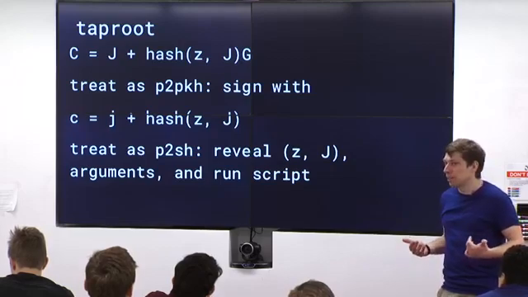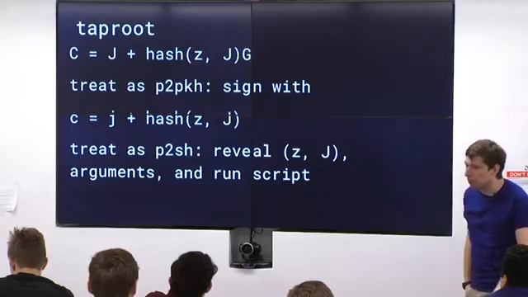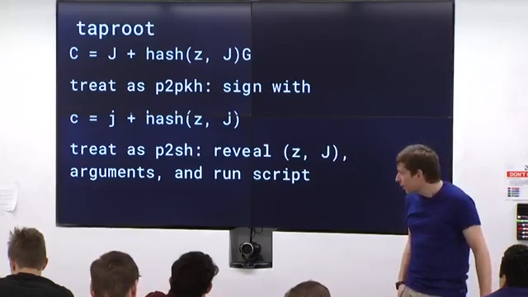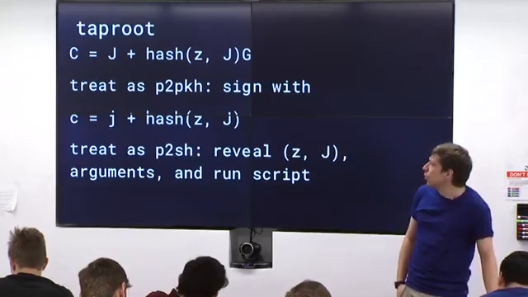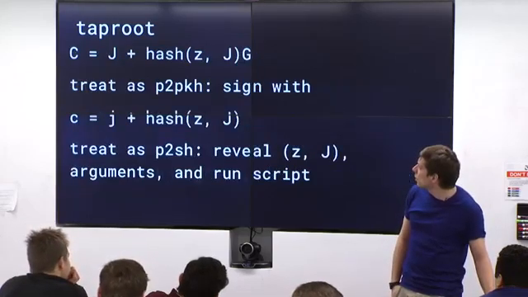Any questions about this? Make sense? So it's actually pretty simple. It follows directly from the proofs from the pay to contract hash. And it's really cool because,